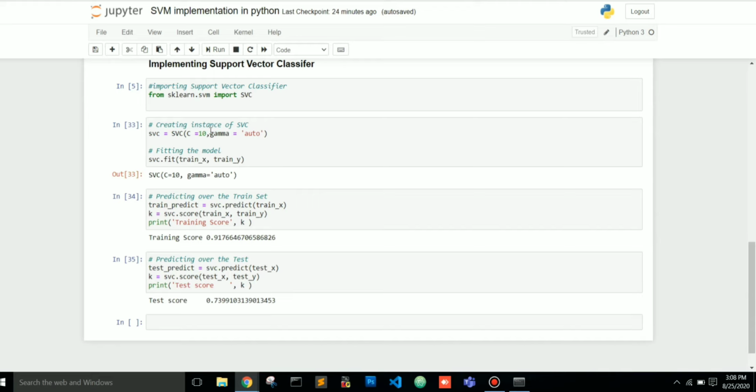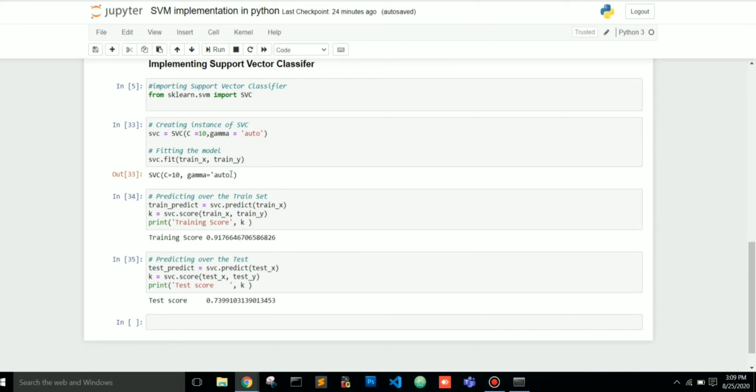The default value of gamma is scale, but here we have used auto. For gamma also we will choose values like 0.01, 0.1, 1, 10, 100. Here we have chosen C equals to 10 and gamma equals to auto.